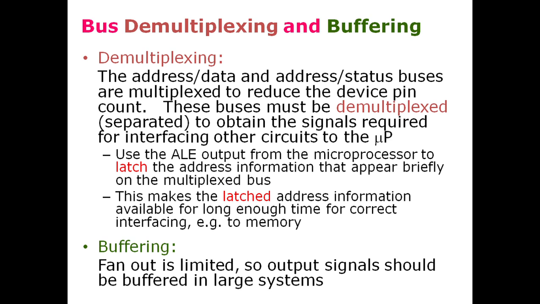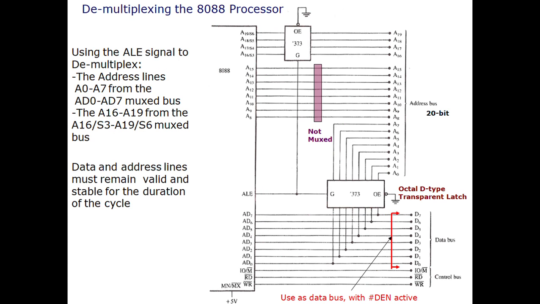Output signals which are not demultiplexed should be buffered in large systems so that multiple input and output devices may be connected with the external pins of the microprocessor. Here we have demultiplexing of the 8088 microprocessor. So here we have the 8088 microprocessor, and on one side we have the pins of the microprocessor which are either multiplexed or not multiplexed, but they are important to be connected to generate the address and data